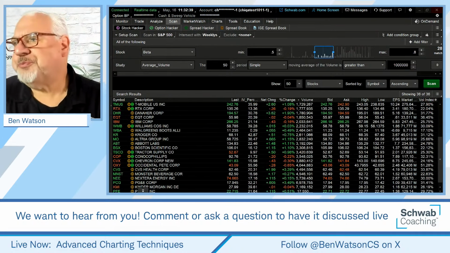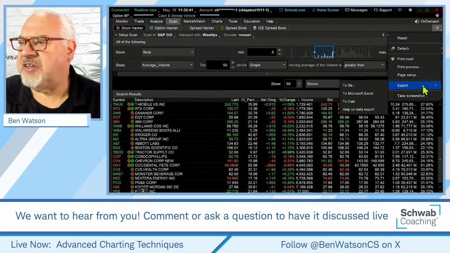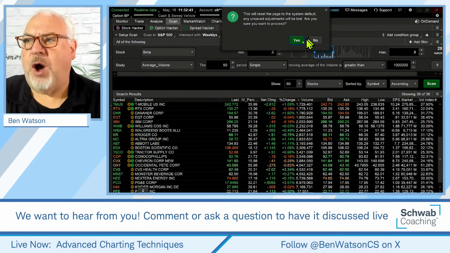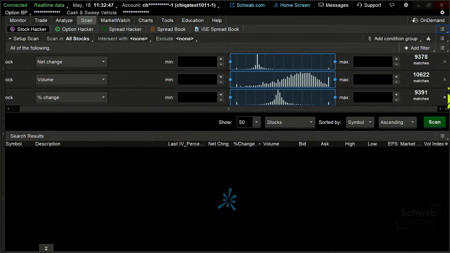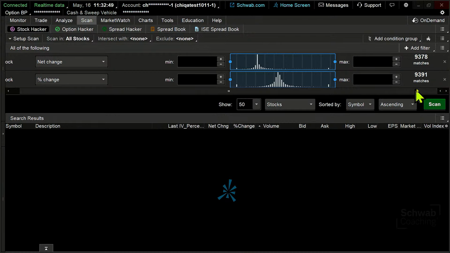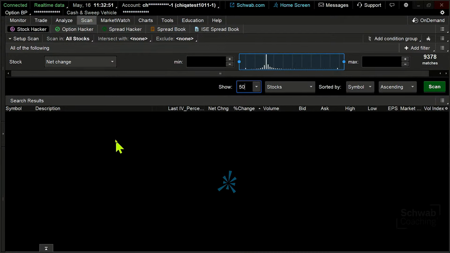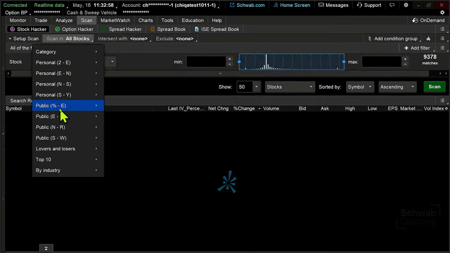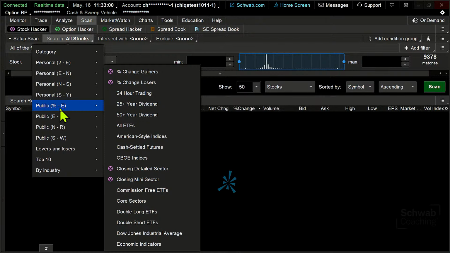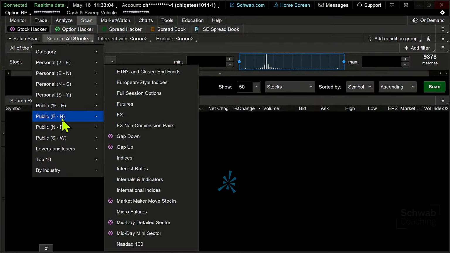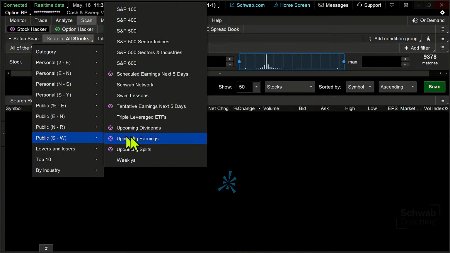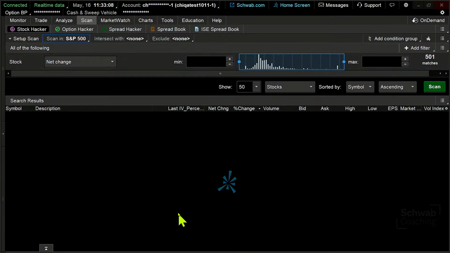So what I'm going to do is go up here to the scan tab, and I'm going to reset this scan tab for just a second and walk you through this. I'm going to take a couple of these filters out. Even before I add the beta filter, I'm going to do scan in. I want primarily a broad cross section, so I'm going to look for stocks that exist in the S&P 500.